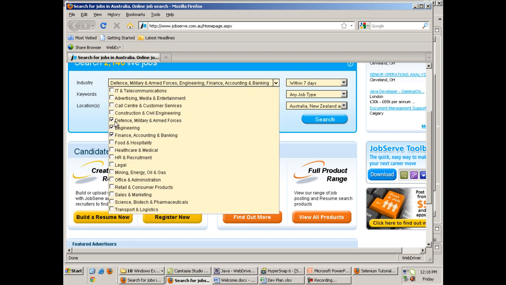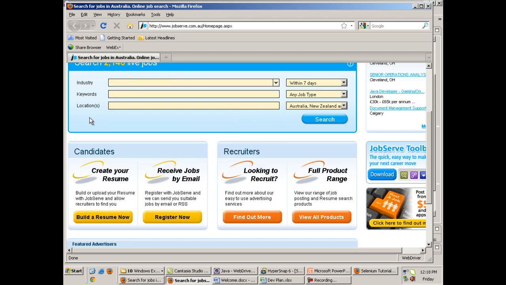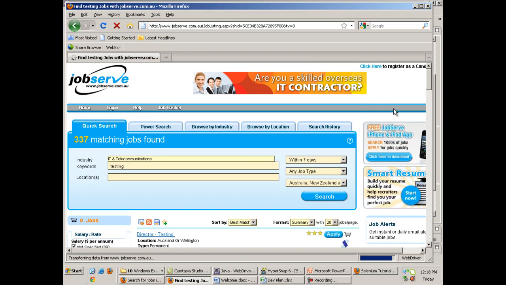Second exercise is that suppose I go to this site and type testing. On the next page I have got various jobs listed for testing. Now using Selenium I have to add those jobs in this job basket. This is a basket over here.